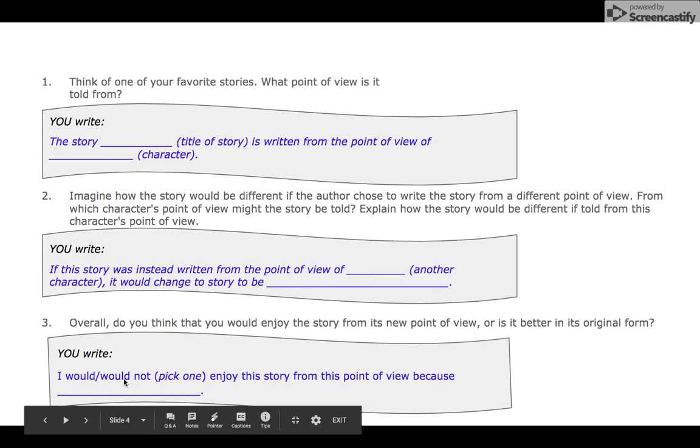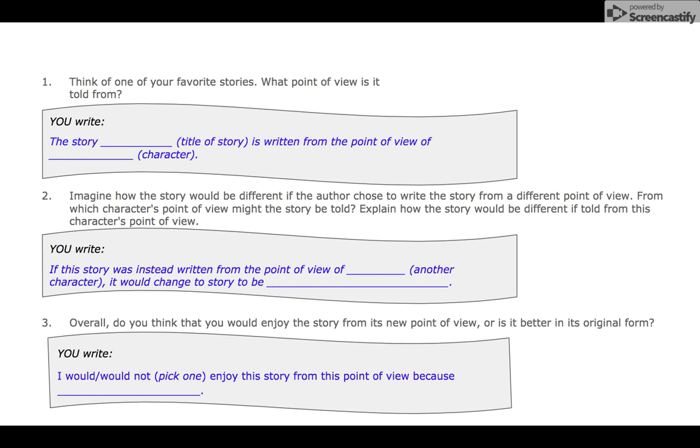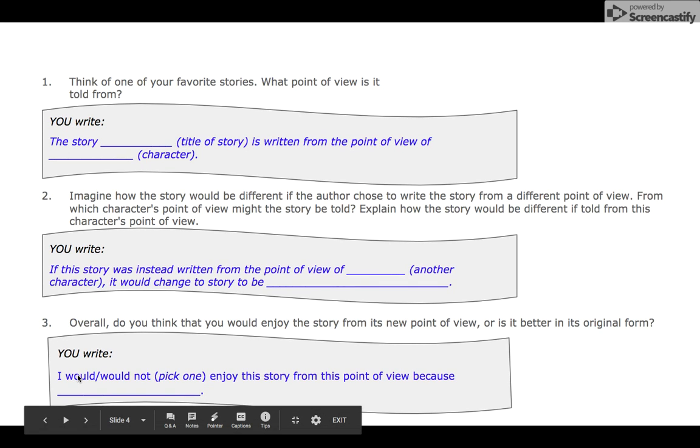So let's say, I would love to hear the story of Snow White written from the witch's point of view. So I'm going to write, I would enjoy this story from this point of view because